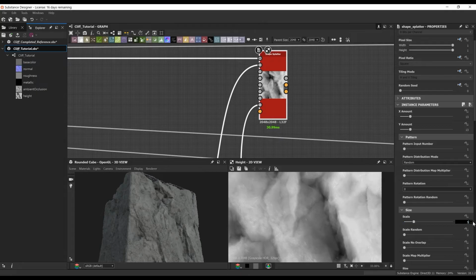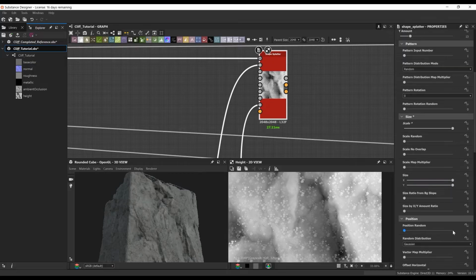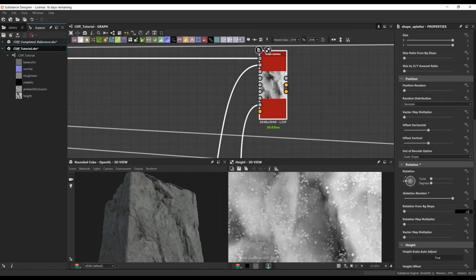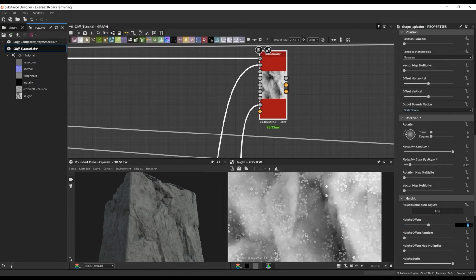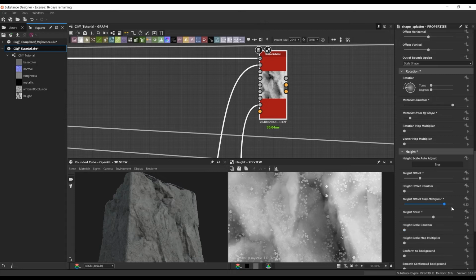Again, because I know the clovers, I wanted them to be on top of the moss. I just went ahead and grabbed that moss mask. It's super important. That one I keep going back to because I know that's where stuff is going to be placed. And it's a good input to have because in the shape splatter there is a mask map threshold, and it tells the shape splatter to only splatter this shape on the areas where the mask map has its influence. So again, here I'm just messing with the same parameters.